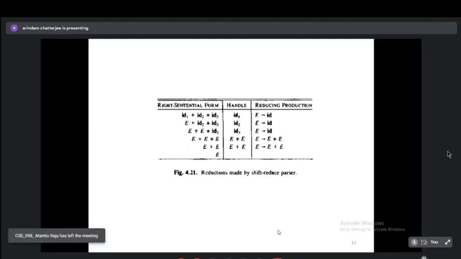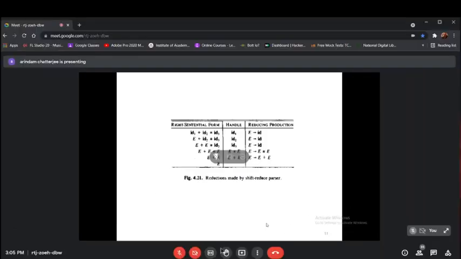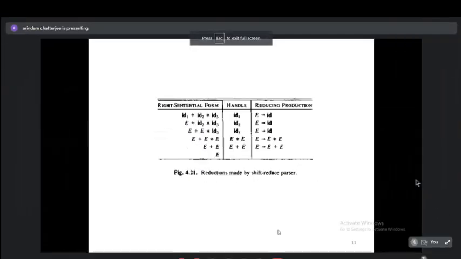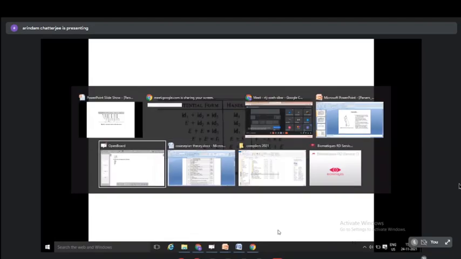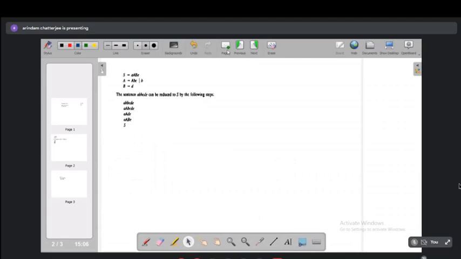So you get the previous right sentential form E plus E, and then you get E. So you traced back from ID plus ID star ID to E. This summarizes the activity of a shift reduce based bottom-up parser. If you look at the way the parse tree is constructed, you start with IDs and then work backwards to E. So if I go to the drawing board, I can show you how the parse tree construction looks like.